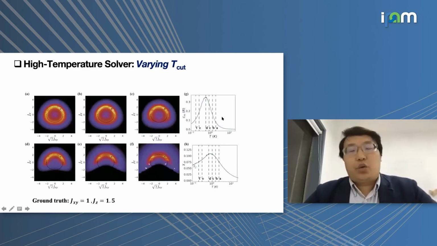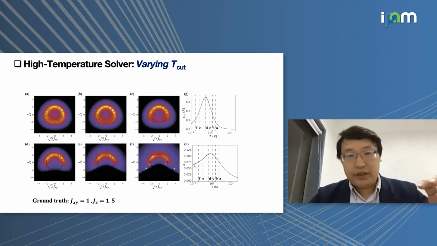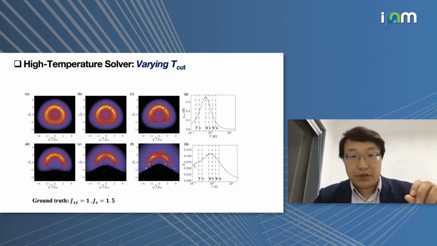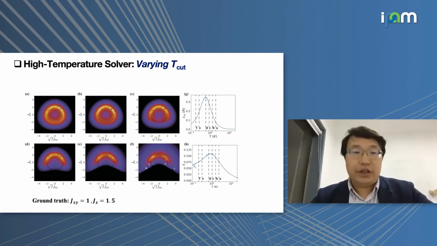One can still ask a question: how to choose the Tcut? Because you have a finite size solver and you want to fit the data in the thermodynamic limit. Then how to choose a Tcut? If the Tcut is too high, can you still get meaningful information about the interaction parameters of the Hamiltonian? The answer is like this. So we perform some calculations.